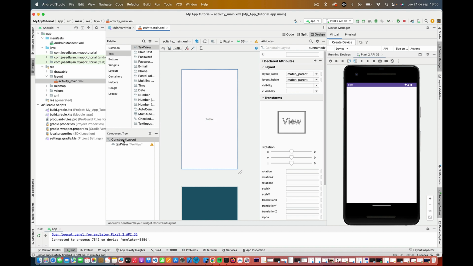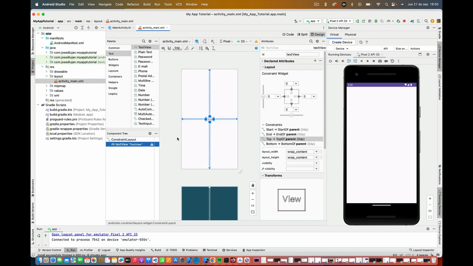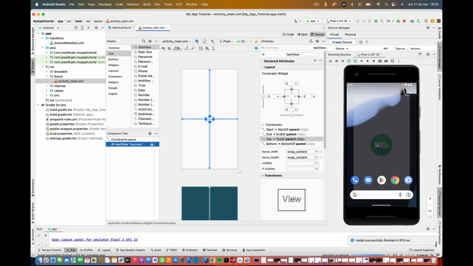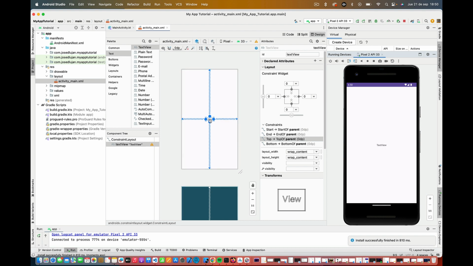When you don't use constraints, because we are using a constraint layout, that's the other thing. Why do we need constraints? Because we are working with constraint layouts. So if we are using a constraint layout, we need to put the element on the screen, but we need to use constraints because it's the way to define the place for the element. And now we don't have an error. Actually, if I execute this, let me run the app, you will see the text view is with default text,